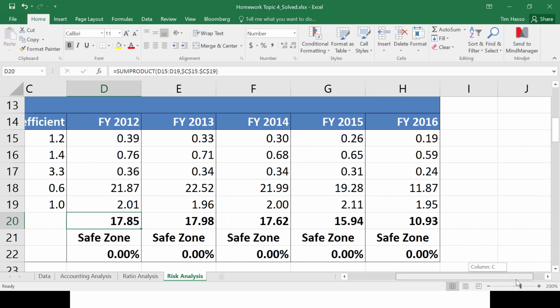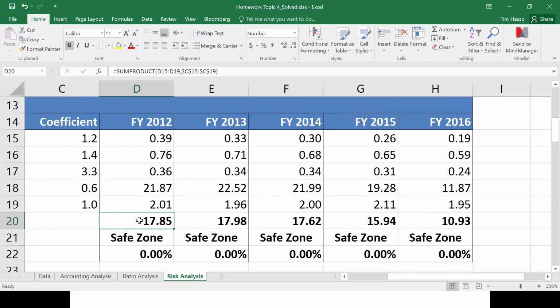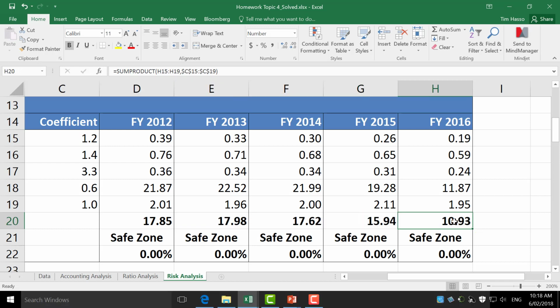So it's hugely above it. But if you look over time you actually see a decrease. So now it's down to 10 in 2016. So even though it's still a safe company, it might still give me some information about what is deteriorating, because something here is decreasing over time, and your job then becomes to figure out what is actually causing the Z-score